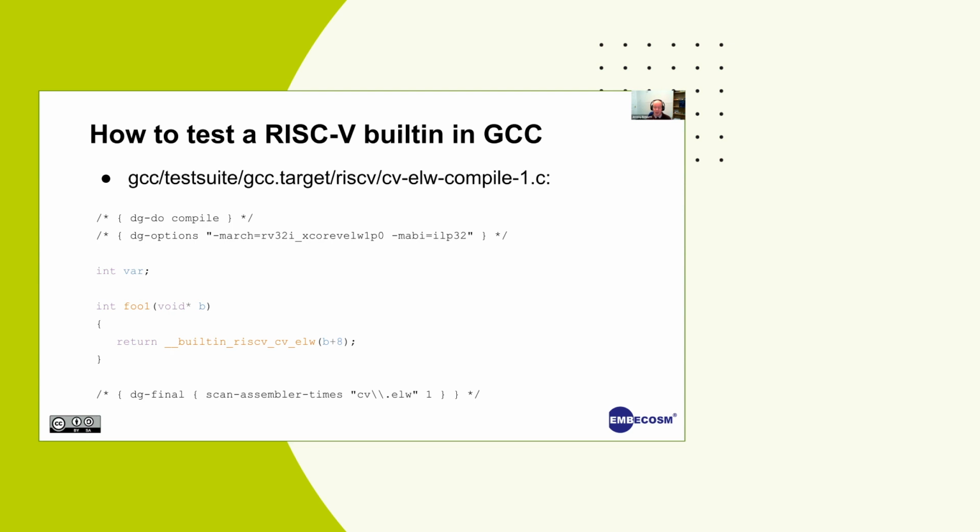And how are we going to test if this is good? Well, for this stage, we're just going to scan the assembler, and we're specifically going to scan for cv.elw. Was it generated? And because it's supposed to be volatile, was it generated only once? So we're looking for just one cv.elw.